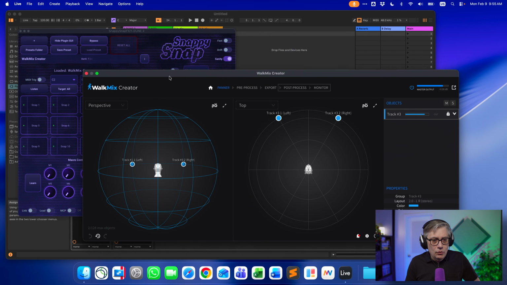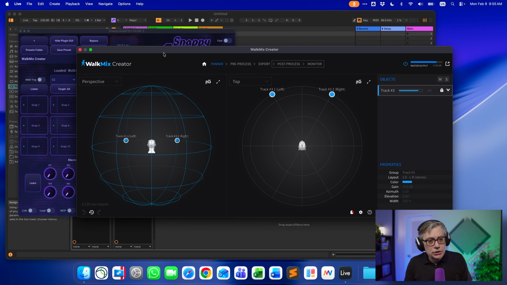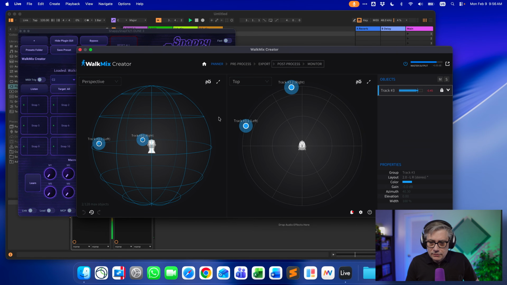And if I now play the audio, essentially I should hear the audio in exactly the same way we heard it before, because once again, Snappy Snap is just a plugin wrapper that just simplifies automation. So let me just play the audio again. So if you move that around once again, and let's maybe separate left and right.